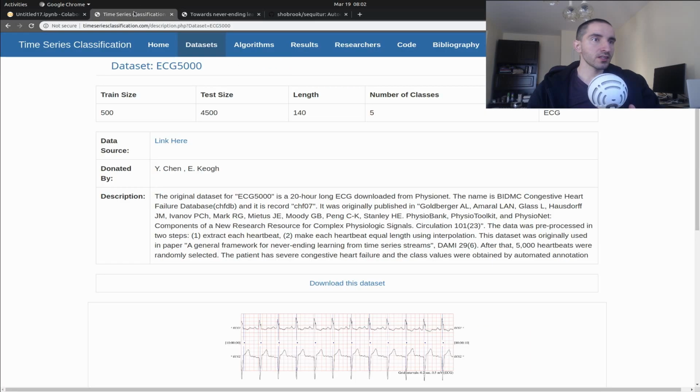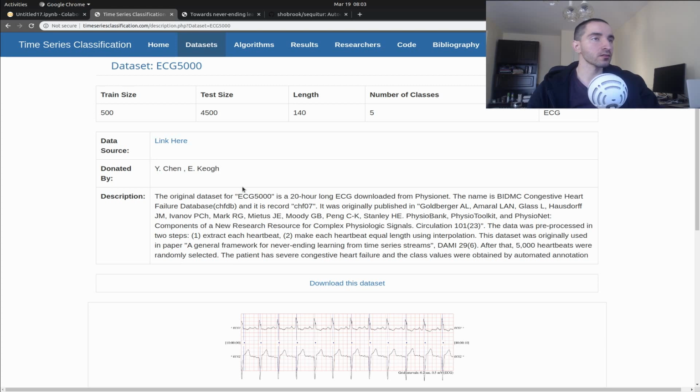And actually this dataset is 20 hours of ECG data which is obtained from a single patient, I believe. Yep, the patient has severe congestive heart failure, and this dataset contains about 5,000 heartbeats that were randomly selected